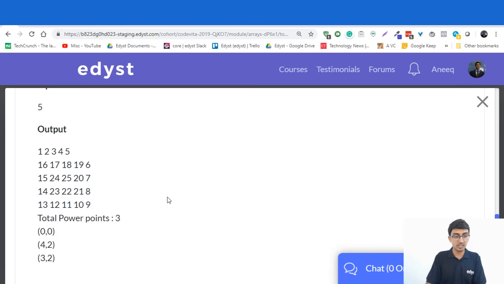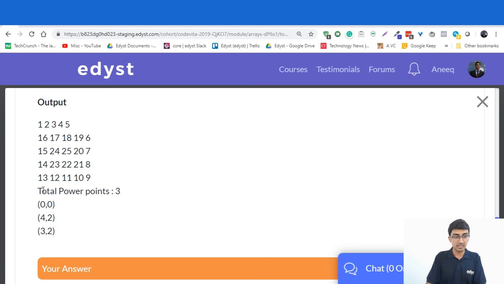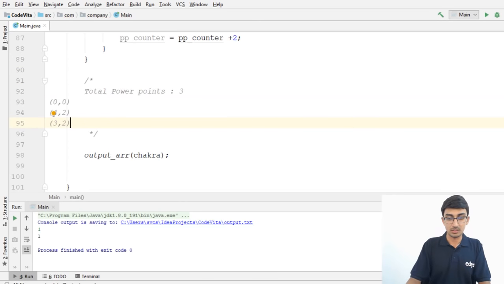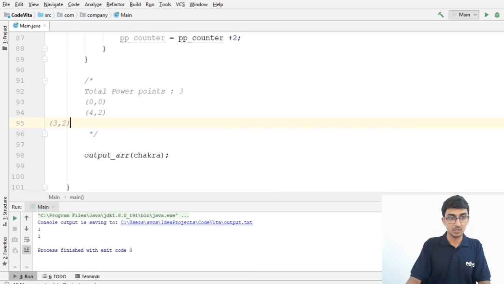The way we have to do it is this: total PowerPoints, 3, and then all of these things. So let's just copy this into our code, so we know exactly what we have to print. Going back to our code, we have to print in really this format. The first thing is obviously the output of the chakra that we did, and that was correct. Then after that we have to print